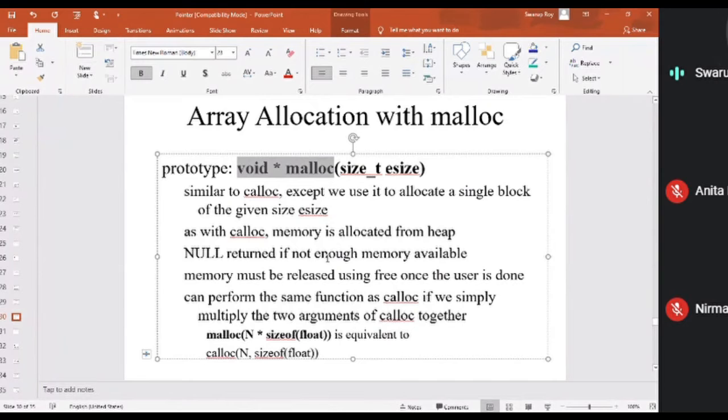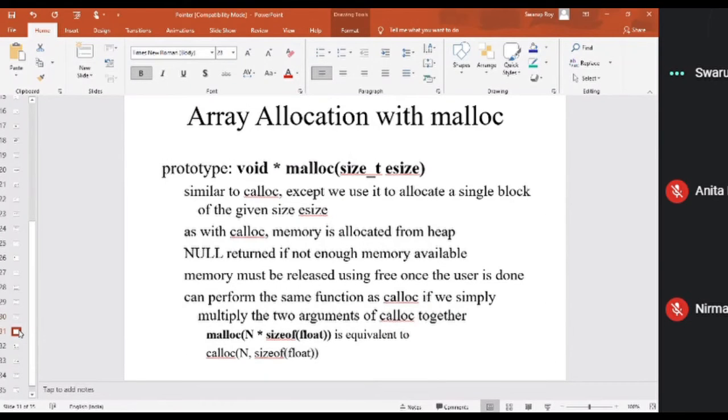So if you are asking for 1000 bytes, and there is no single block where 1000 bytes can be allocated, even if there is free space in other places, then malloc will not be successful, and in that case it returns null. Otherwise, calloc and malloc are the same; other than the number of parameters, it's the same thing.